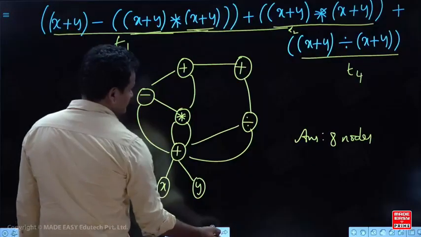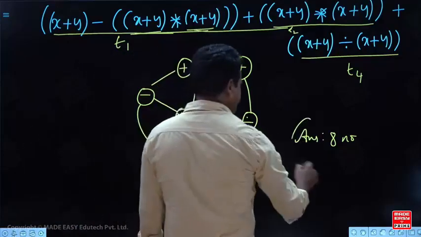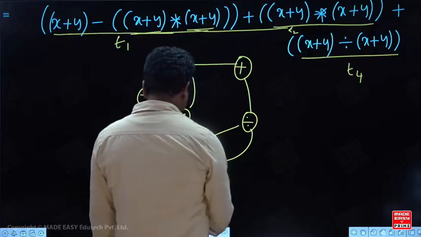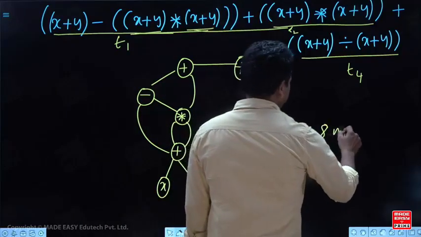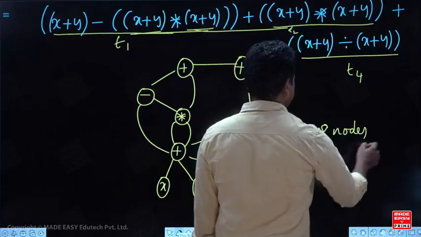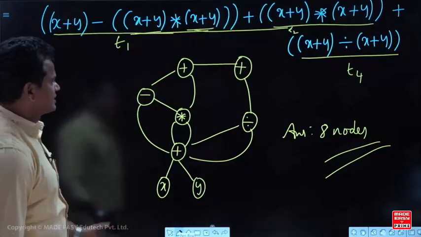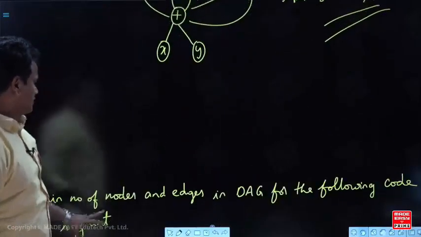So without constructing the DAG also you can find the number of nodes, but you must be very careful, okay. There is a chance of making mistakes without considering the DAG, okay. So next,